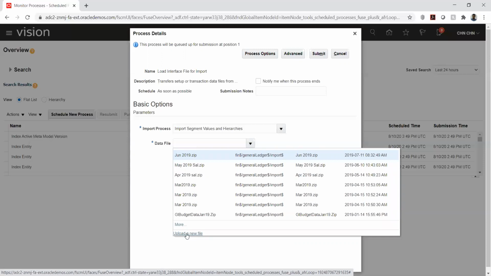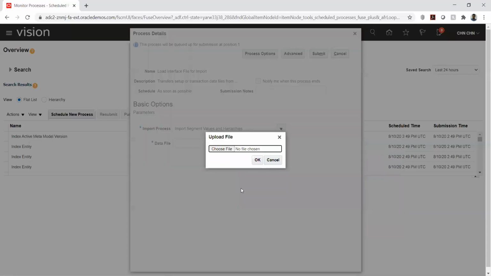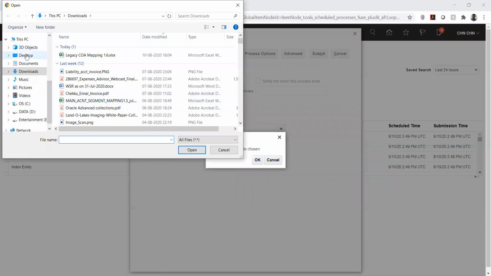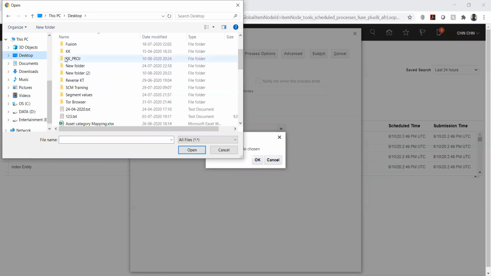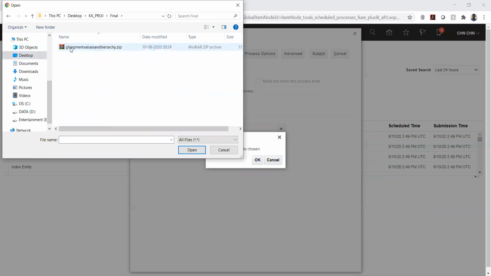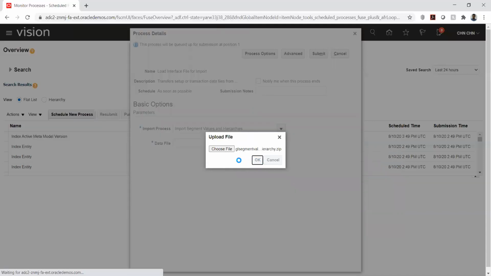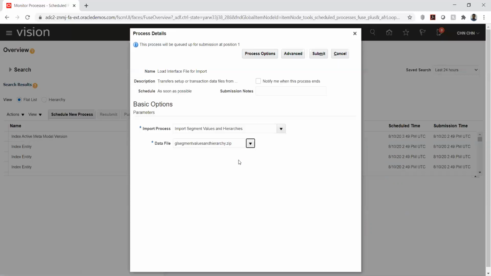That is the reason I'm selecting directly upload a new file. So I have selected the data file and I have selected the import program. So let me click submit.